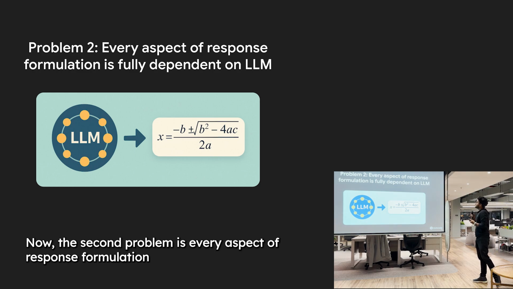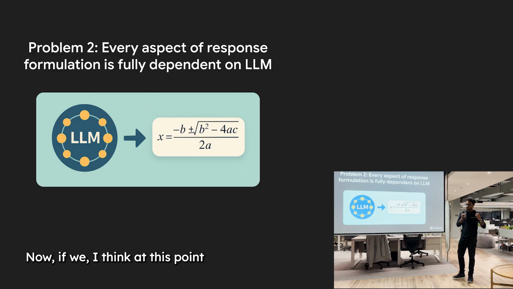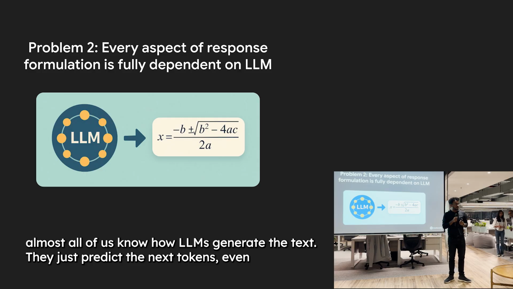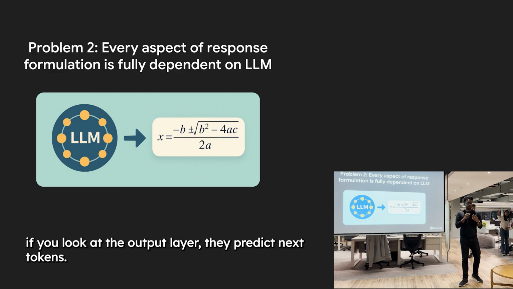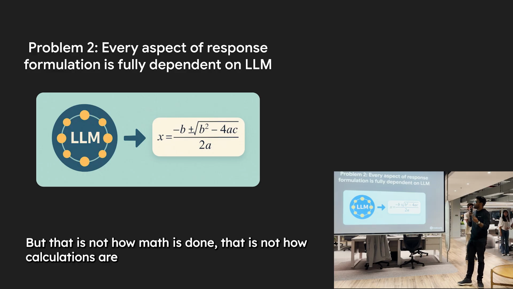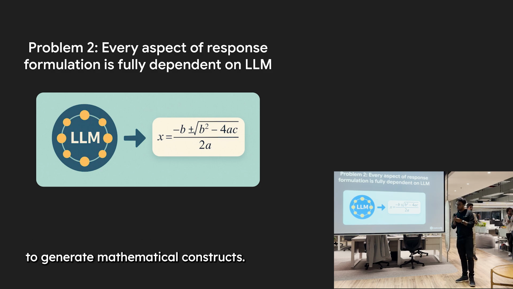Now the second problem is every aspect of response formulation is fully dependent on the LLM. I think at this point almost all of us know how LLMs generate text. They just predict the next tokens. Even the most advanced or intelligent of LLMs are trained in different ways, but fundamentally if you look at the output layer, they predict next tokens. But that's not how math is done. That is not how calculations are done,